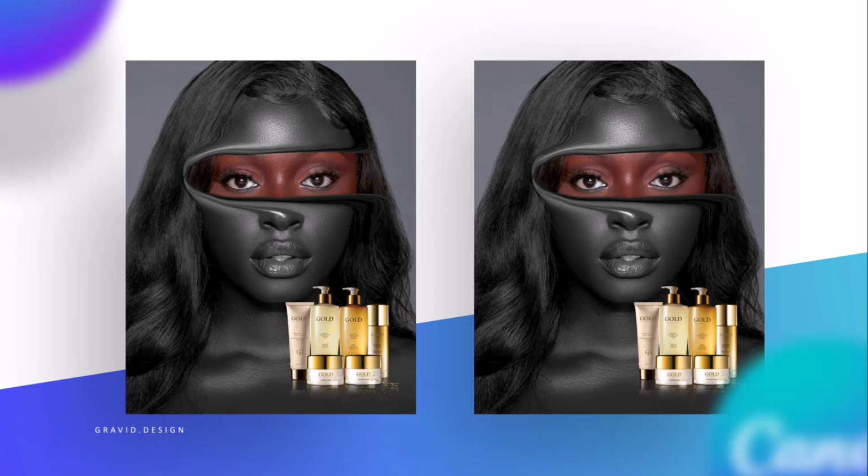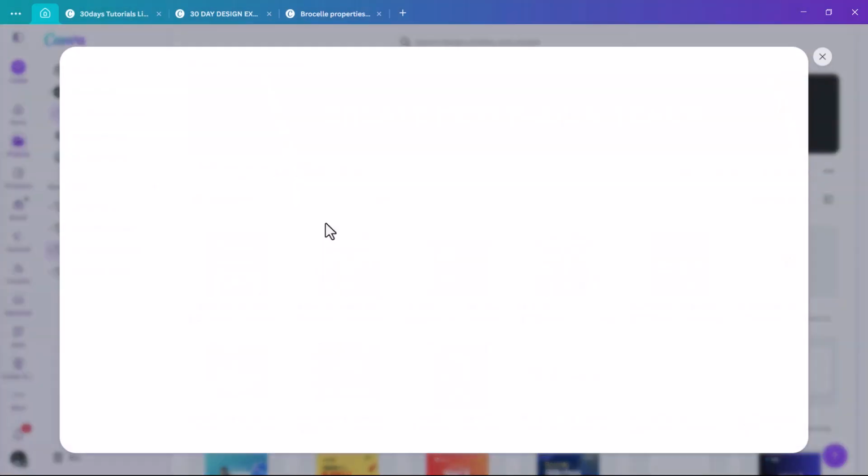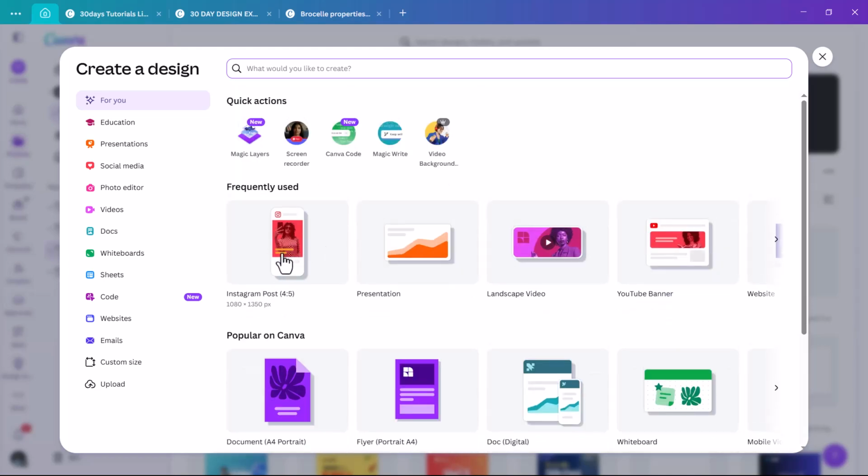In this video we're going to learn how to make this skincare ads design in Canva. So let's jump right to Canva and do that now. All right, so the first thing we're going to do is to create a new page, and this one is going to be Instagram portrait size, this one here,